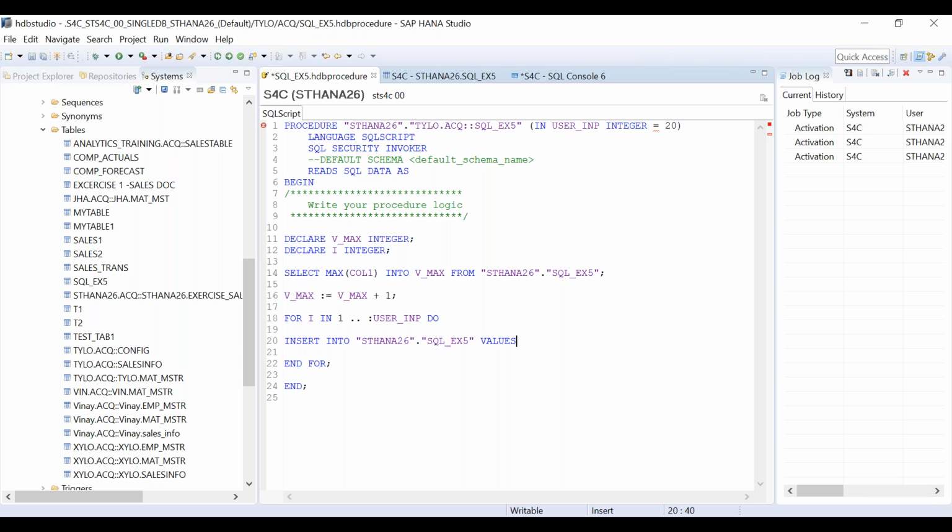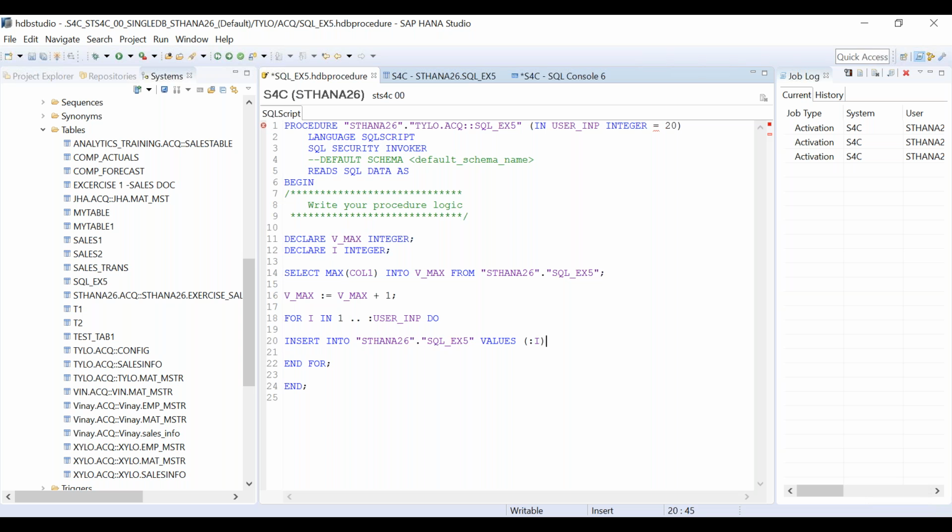The values would be I, isn't it? Because I want to insert, right? So values I.